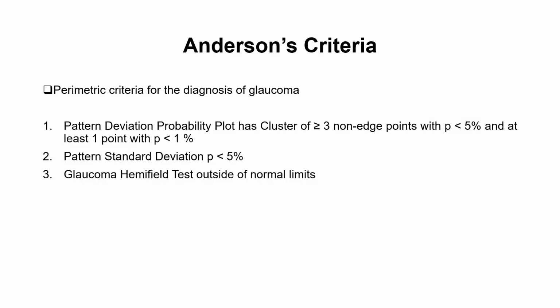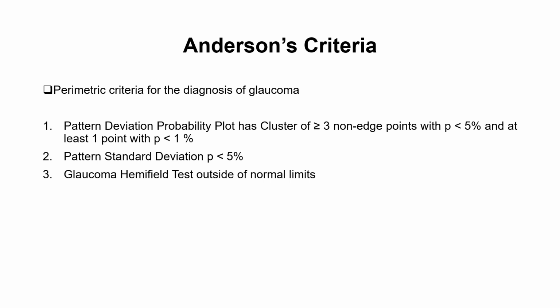We have just a final touch to conclude the interpretation of the visual field: the Anderson criteria. This is a very important perimetric criteria for the diagnosis of glaucoma. The Anderson criteria has 3 points in order to say that this patient has glaucoma depending on perimetry only. The first point is that the pattern deviation probability plot has a cluster of more than 3 non-edge points